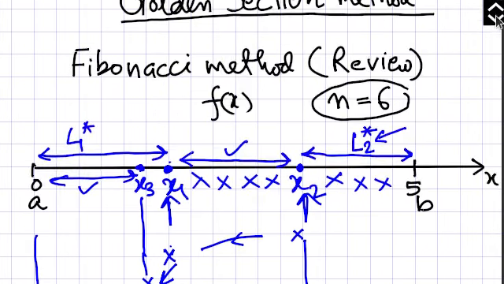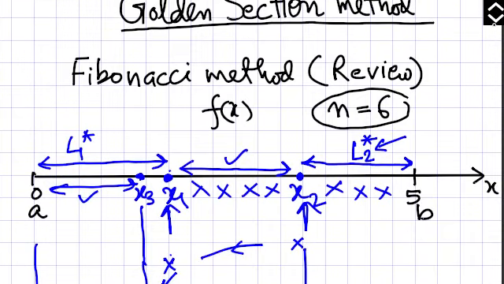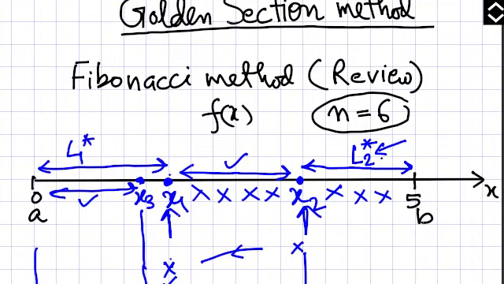The same idea is for the Golden-Saxon method, but the difference is that the formula to calculate this distance has been changed. It is based on some other concept, that is the Golden-Saxon concept. So let's do this question.